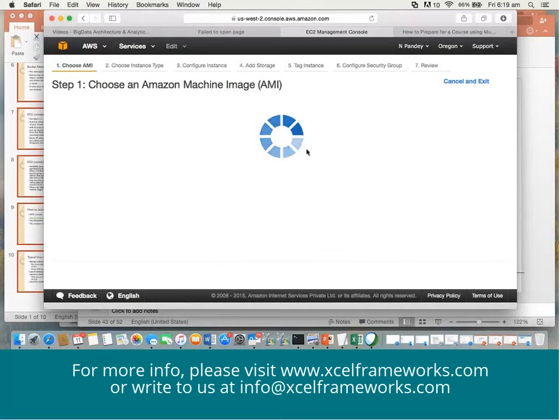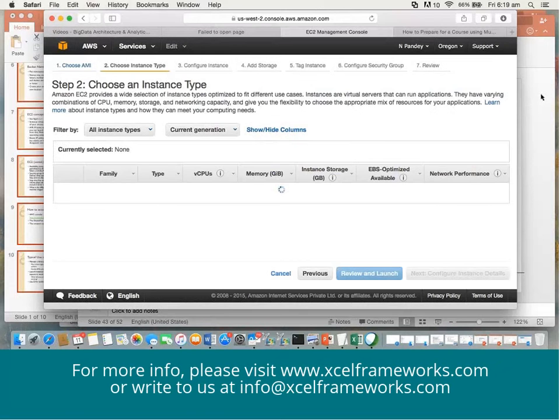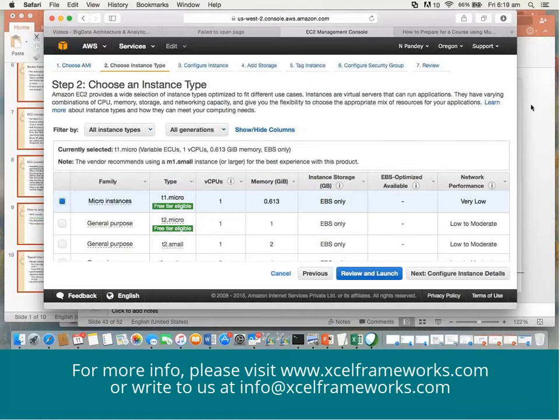So you just go and select here, and as discussed earlier, you have to select what should be the configuration of the box that you are going to use, right? So micro instance, this is free tier, this is the memory, EBS, and network performance is very low, right?